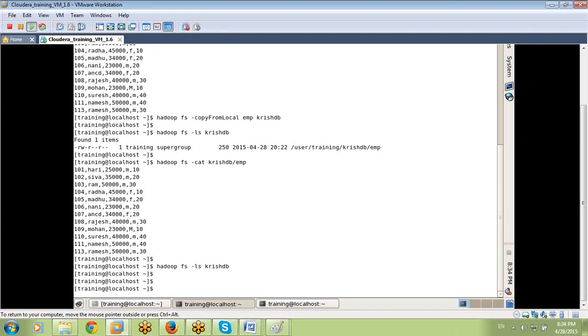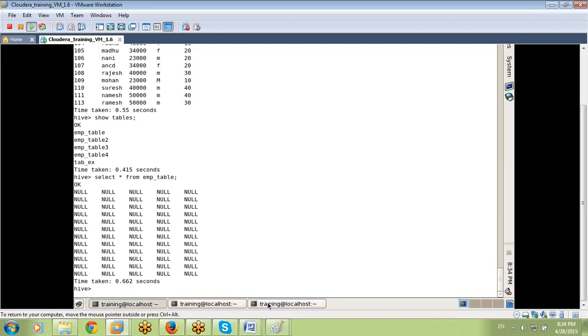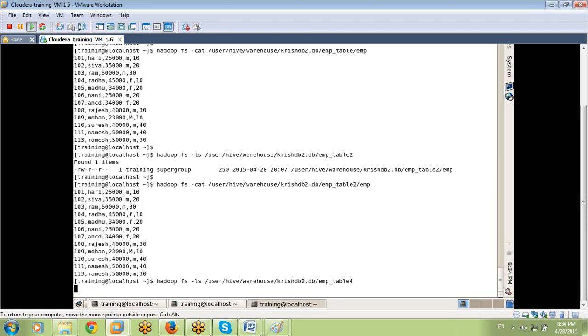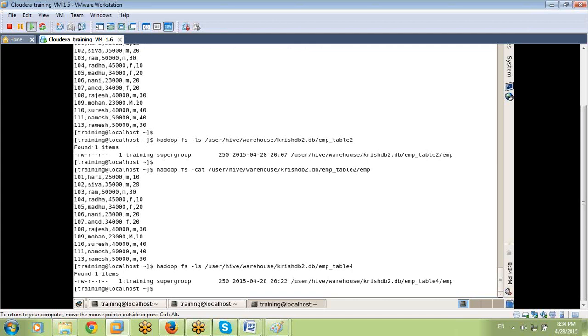There is no file. That means this file has now moved into this location, Krish db2 emp table 4. We created emp table 4, right? We moved it into this location.